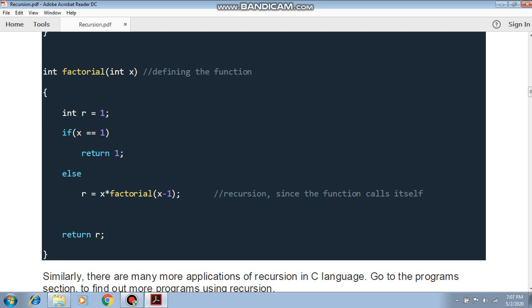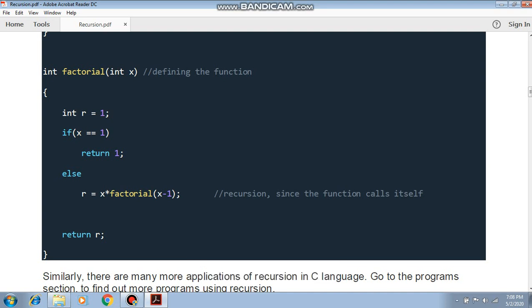For the else condition, now it stores the value in the result, this R variable. So R will hold x multiplied with factorial(x minus 1). See, our question was to find the factorial of 5. So in the first case, we are calling the same function, whatever the argument passed, the factorial function.